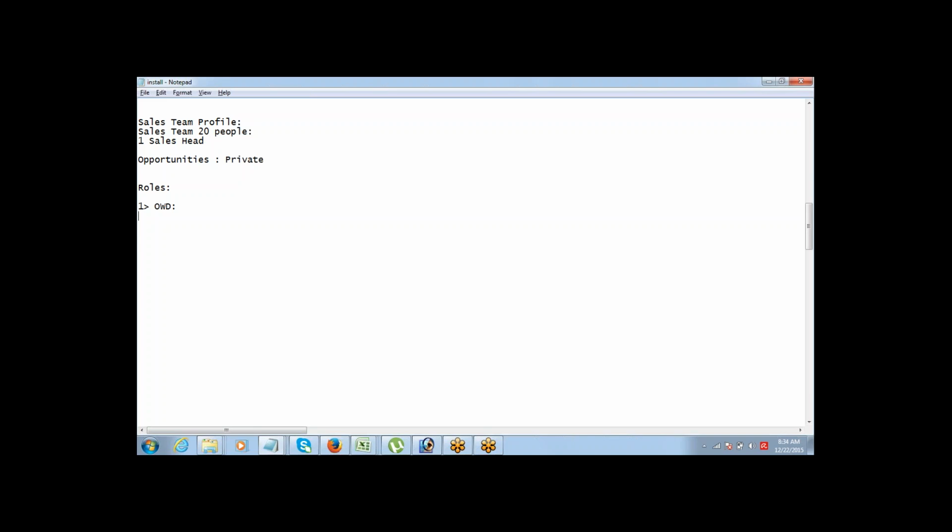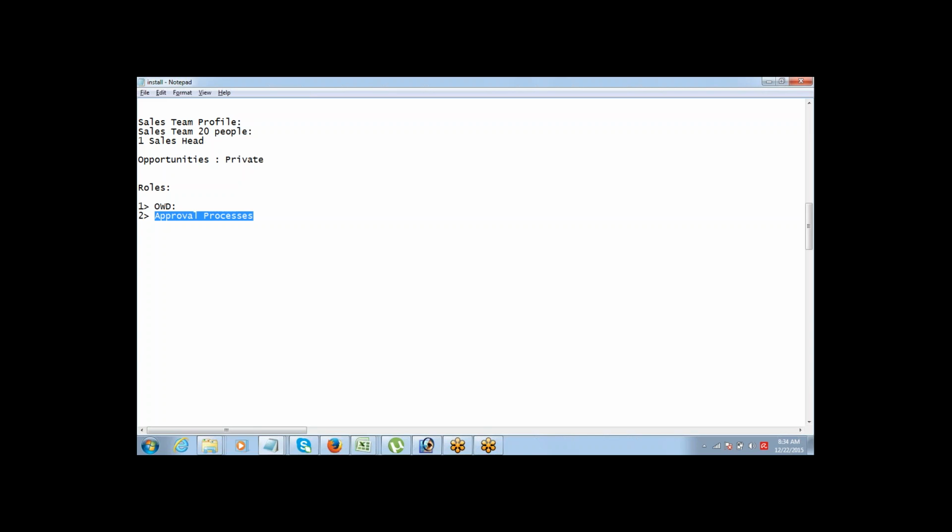So role helps here, and role also helps you in certain approval processes. When we talk about approval processes, we'll come back and discuss it. While you are doing approvals, let's say there are certain approvals required for something. Salesforce gives you an option of defining automated approval processes.